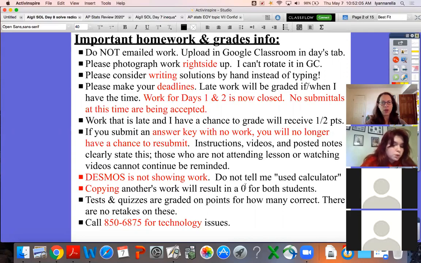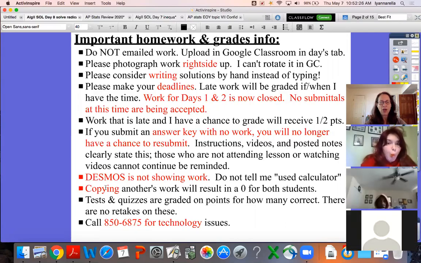If I think that you've copied, you're both going to get 0s, or all of you, whoever's copying, because I sense that there's a lot of copying going on. Across the board, number 1, your homework is perfect. There's not a single scratch out or erasure mark. So I know nobody does homework perfect. Number 2, it's set up the exact same way as others. And number 3, you use methods to solve that I have never taught you. So if you're trying to use methods to solve something that you've never seen before in class, then that's copying.